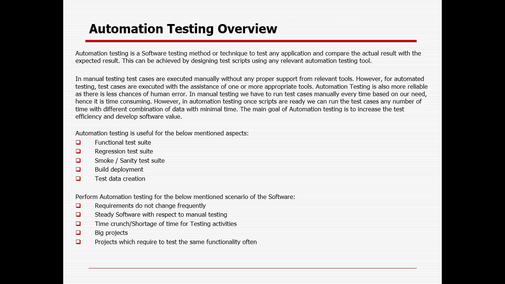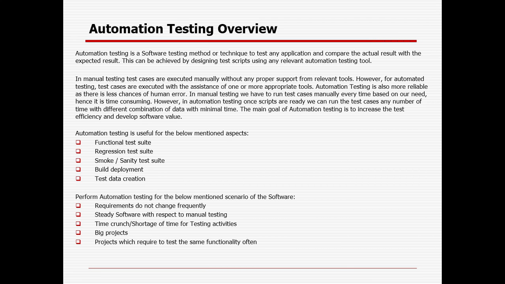Whenever you are doing automation, you need to think that you will automate only those areas which will be executed multiple times. That is the reason we should focus automation on the smoke or sanity suite, which you can execute 100 times, 200 times through your project. Sometimes you need to run it on a daily basis.